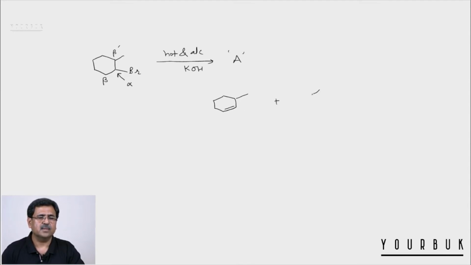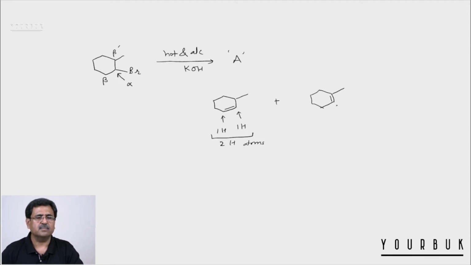Second possible alkene is when you have a double bond formed between the alpha and the beta carbon. Now we apply the Saytzeff rule and decide which one is the major one. Now look at the first one. At this double bonded carbon you have one H present. At this double bonded carbon also you have one H present. So this first alkene contains two hydrogen atoms at the double bonded carbon atoms.